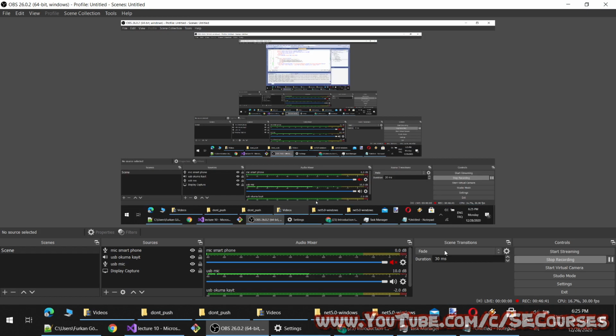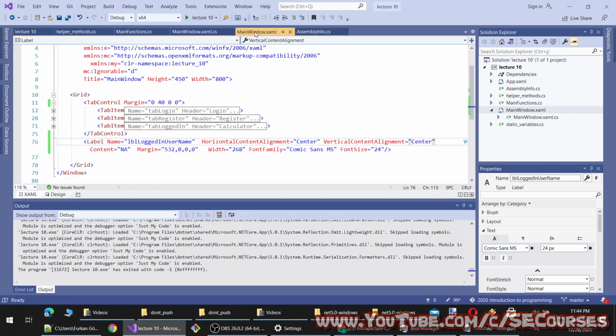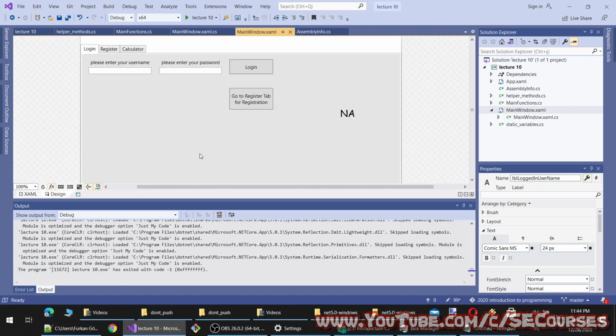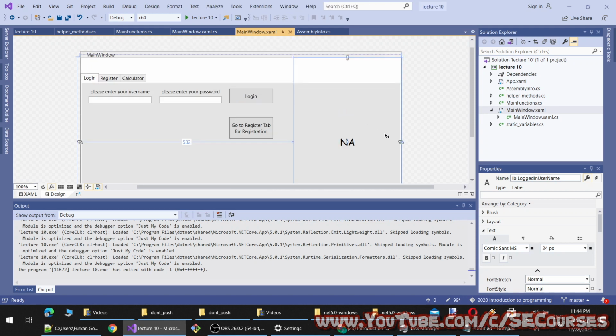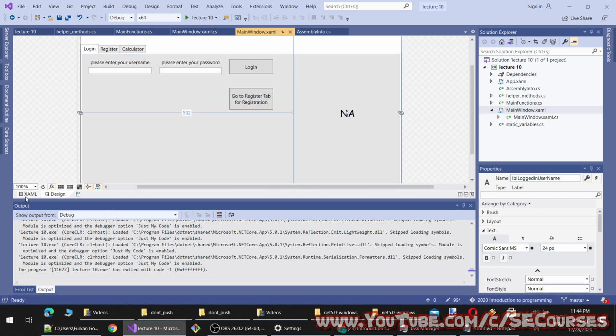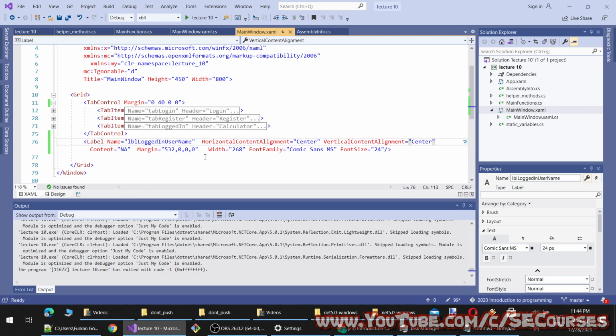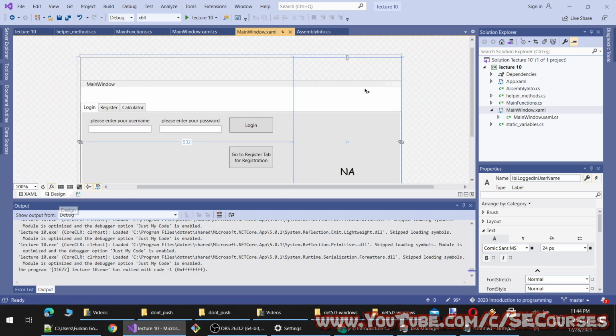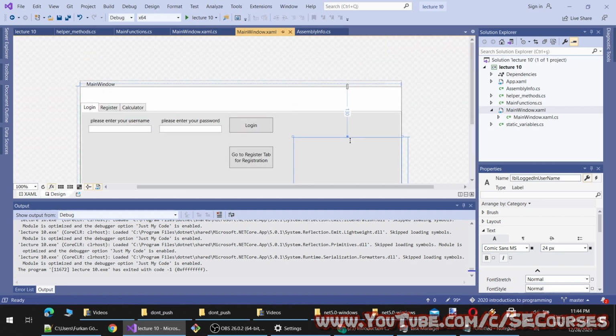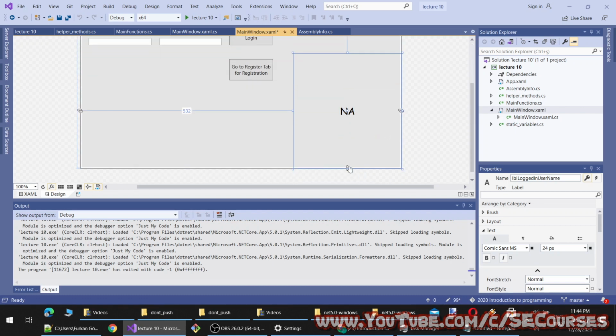One moment. Okay, so the design is still not as we wanted. Therefore, okay, with vertical content alignment, horizontal content alignment. Okay, it is aligned as we wanted.